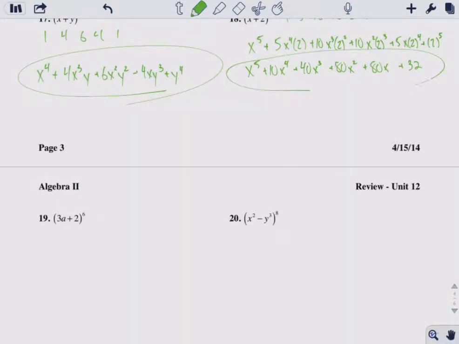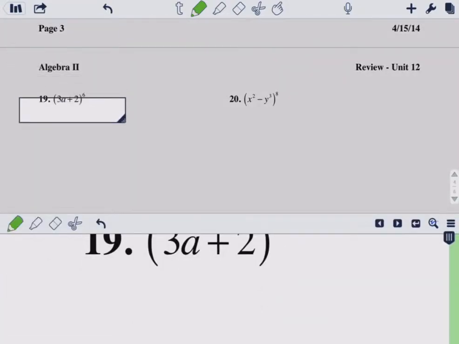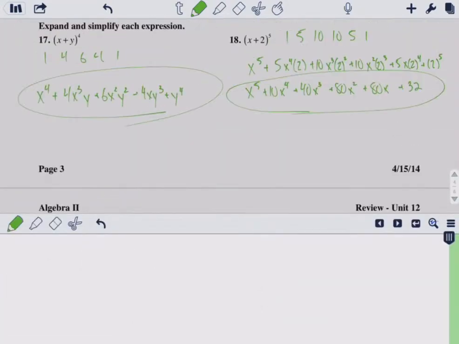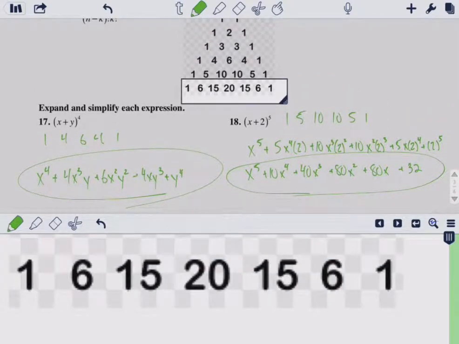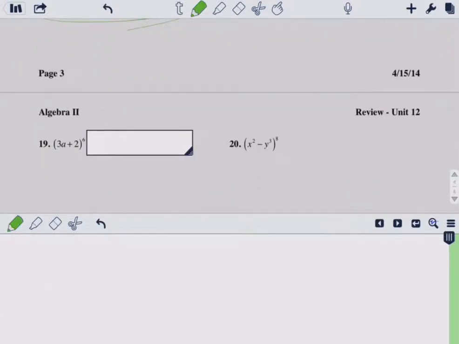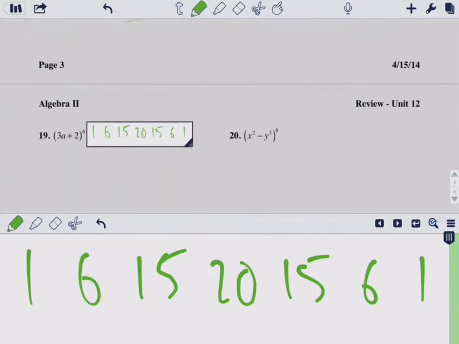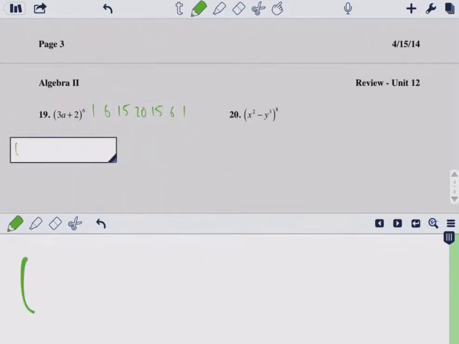There and there. Same type thing. Sixth is this bottom one: 1, 6, 15, 20, 15, 6, 1. Is that right? Yeah, okay. So that makes it 3a to the sixth plus